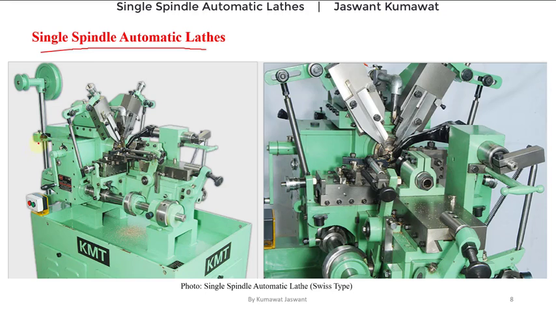That means the speed variation can be done by using gear trains. And in bar type automatic lathes, collet chucks are used for easy clamping and unclamping of the bar stock. And in the next virtual classes, we will study everything about all these single spindle automatic lathes.